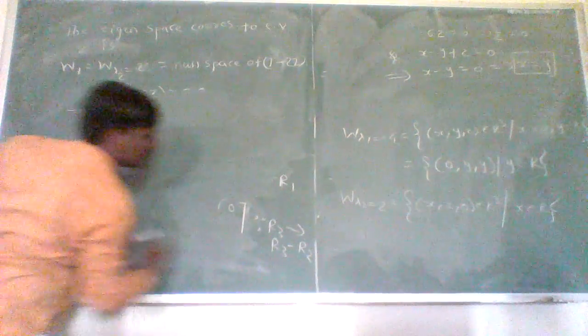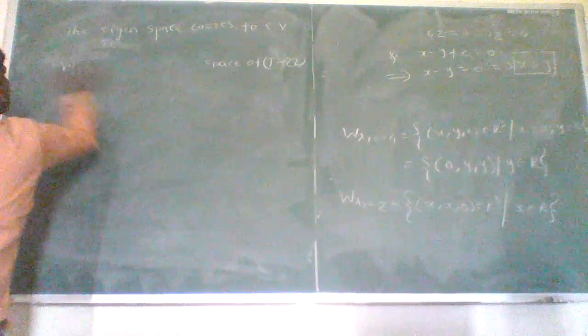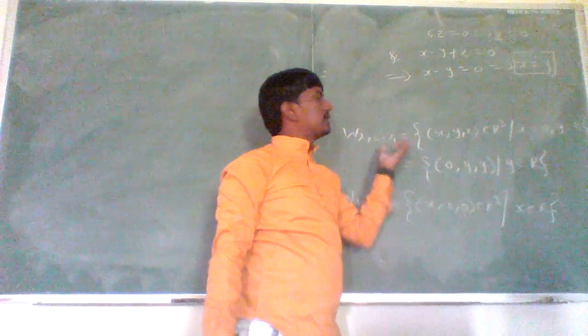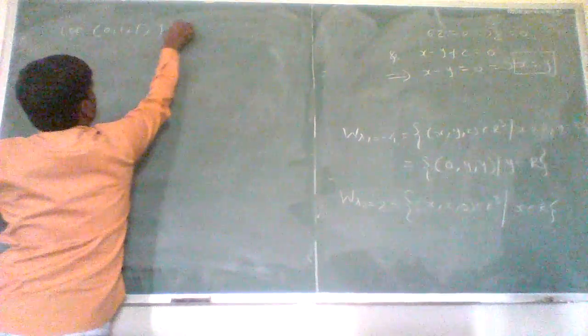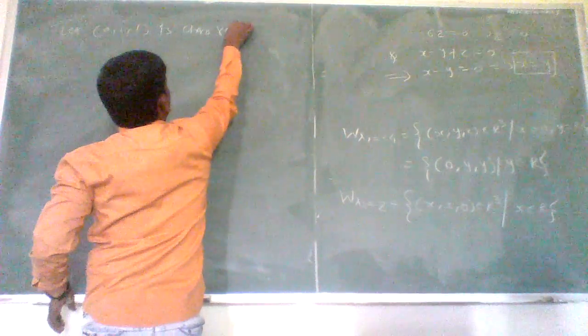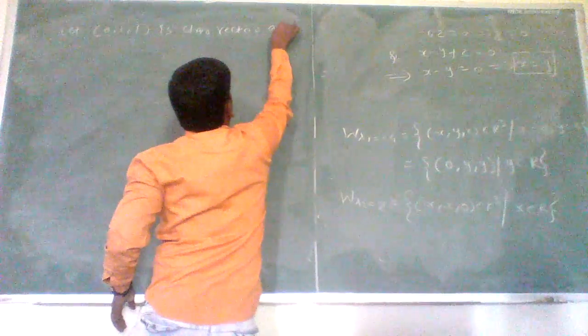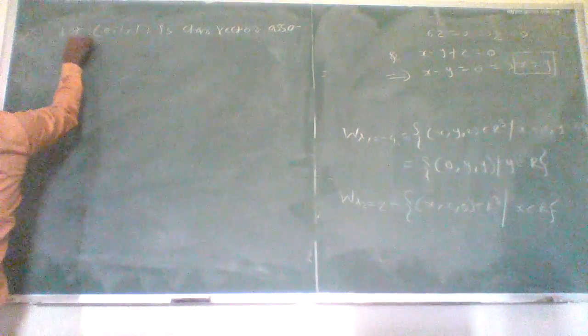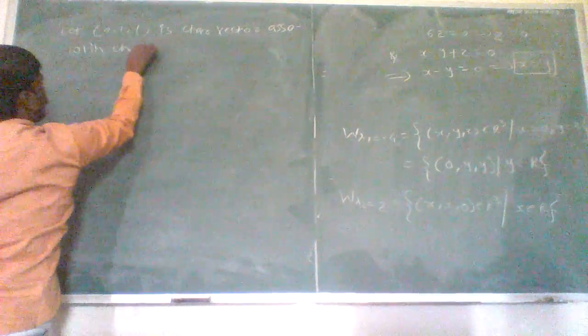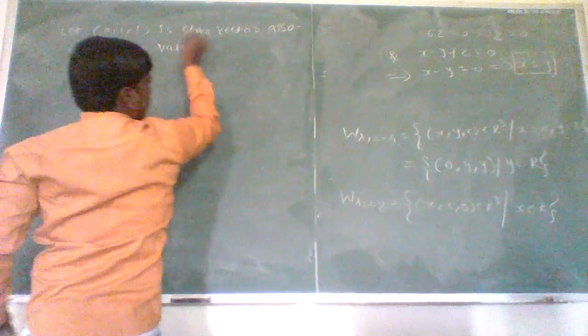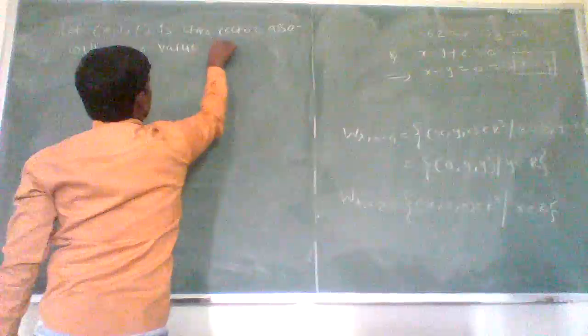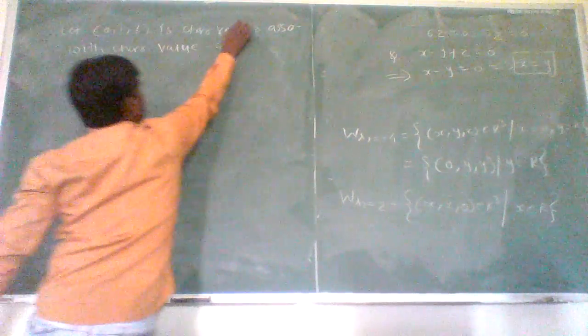Okay. Now here we have to find out one third vector, which is linearly independent. Since here R3 over R, its dimension is 3. So here we have to find out the third linearly independent vector. So let (0, 1, 1) be the characteristic vector associated with characteristic value minus 4,